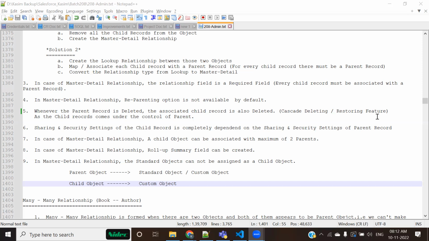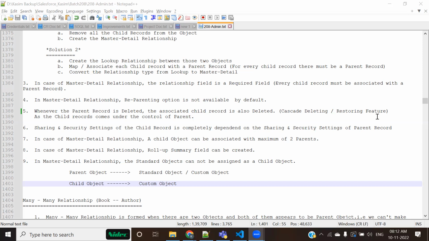So there are many such situations where you find that this object must be associated with two, and if somebody tries to make a third association, it must throw an error.